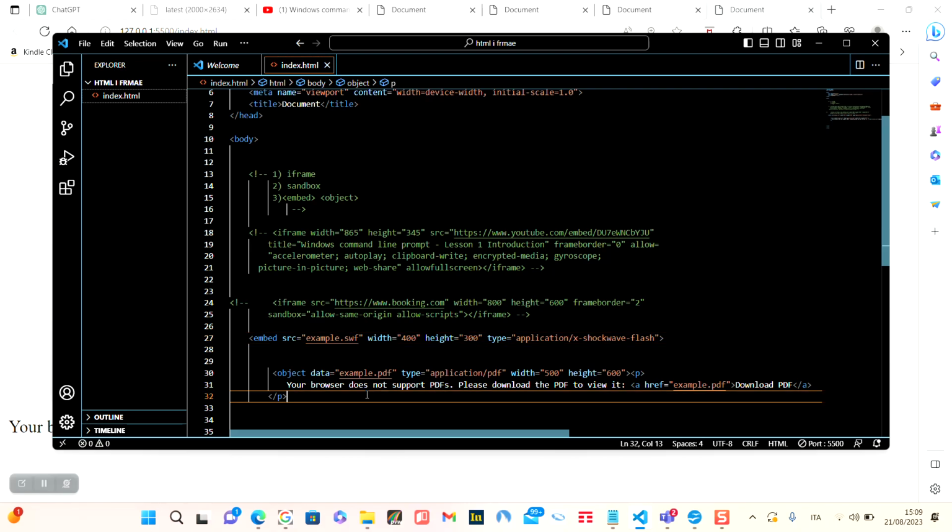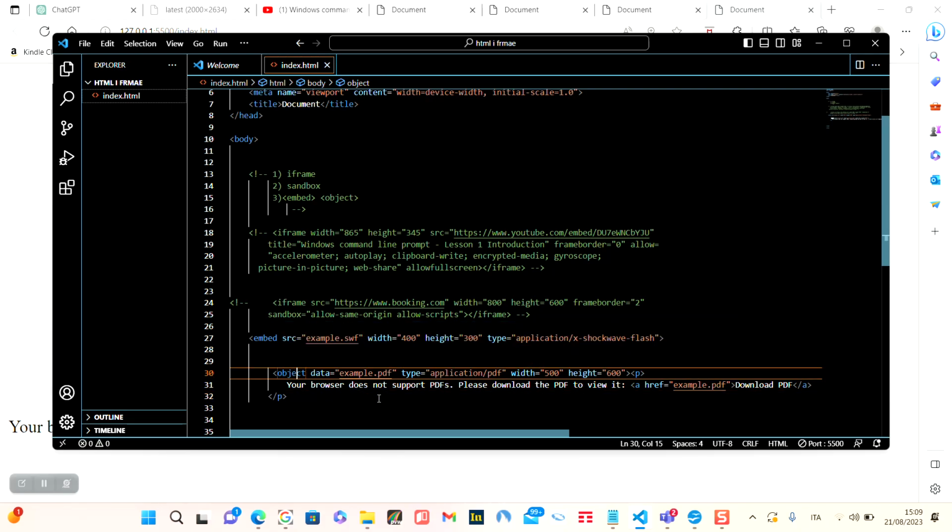I think this one is object. Object is like embed, but in this case it doesn't read videos. It reads PDF or other kinds of files like this, maybe not just PDF but others, text files. And as you see, there is a type attribute with application/pdf. And it even has a fallback content, and in fact it doesn't view the PDF, because you see here,